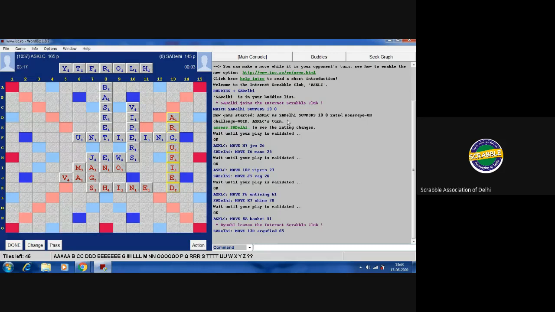And now we have two triple letters opened up, one with F and one with H. That's still fine. I have a chance in the next turn to catch up. Yeah, and I might be having a bingo. I think I do have a bingo here. Let me just check.